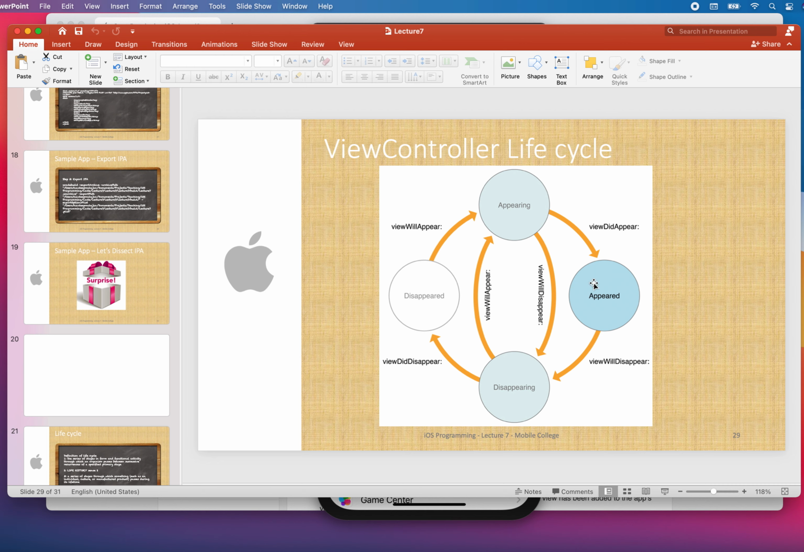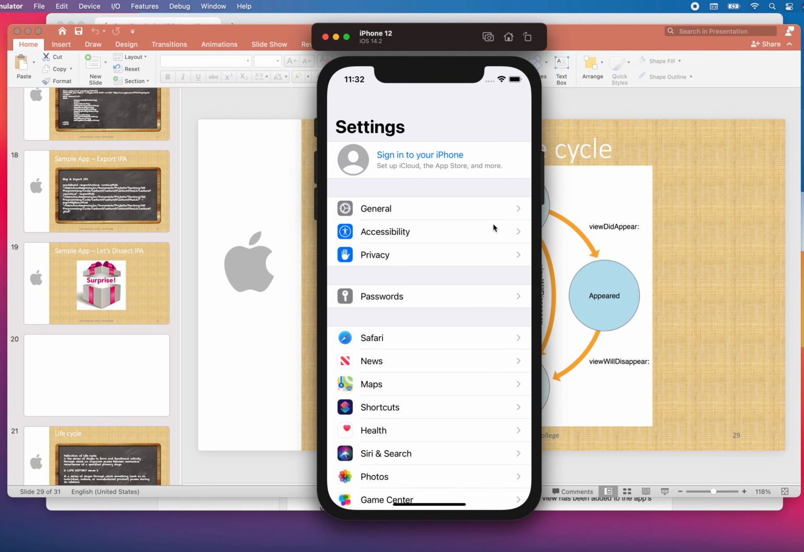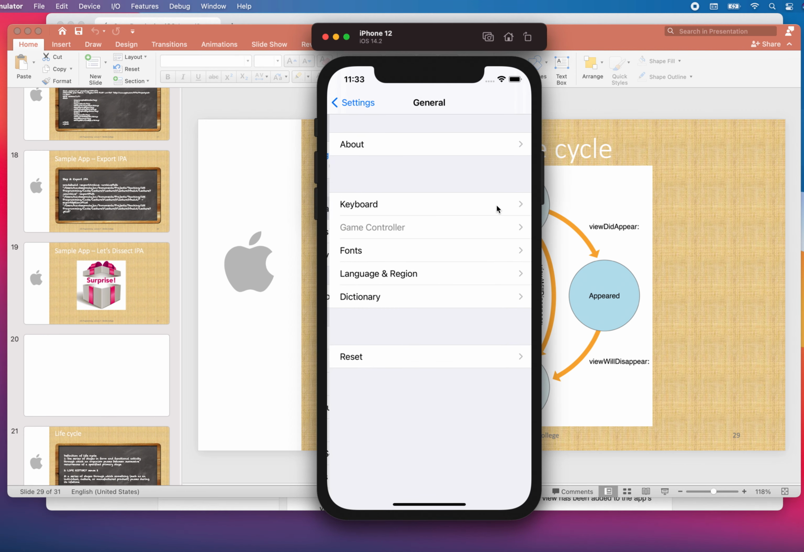And viewDidAppear comes after the view has appeared, and you want to do something based upon some configuration, maybe there's an alert or an action sheet that you want to display. You can do that in viewDidAppear. Now, when I am actually on the settings screen, and I hit on General,